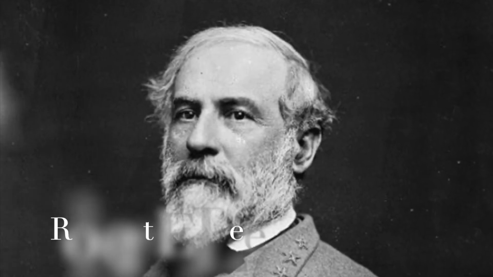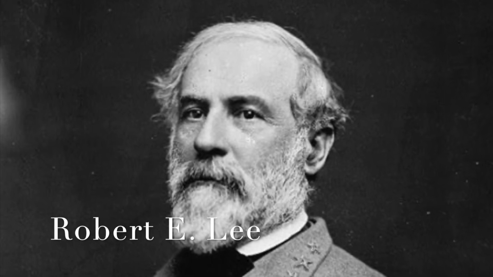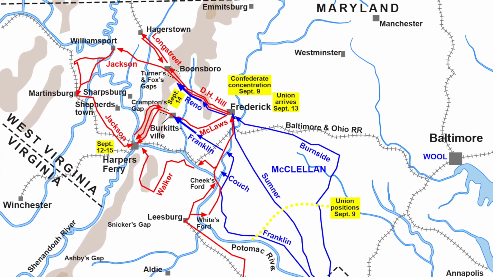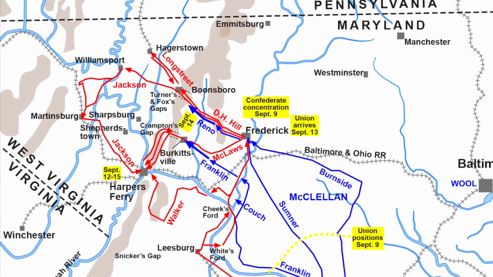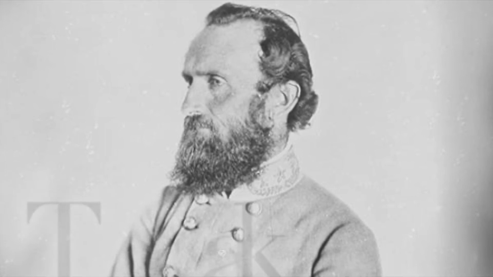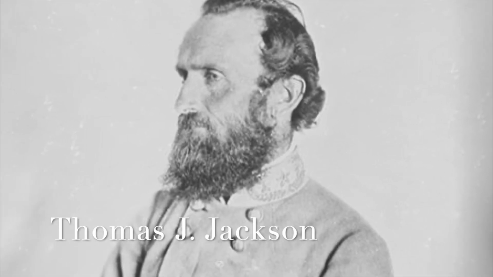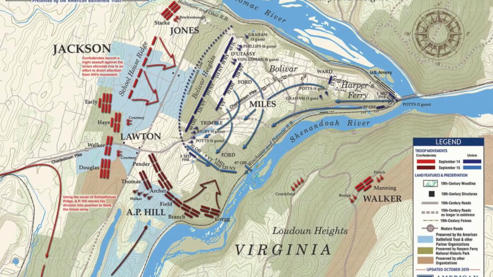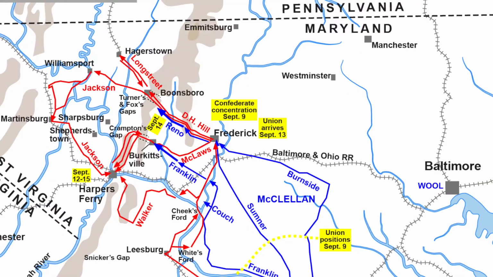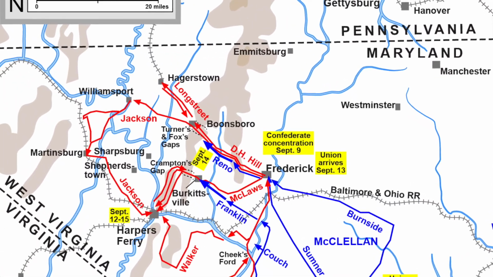After the Confederate victory at Second Bull Run, General Robert E. Lee, who was in command of the Confederate Army of Northern Virginia, decides to invade the North. As the rebels move forward, Lee divides his army into two groups. One of these, under General Thomas Stonewall Jackson, moves to capture Harper's Ferry, an arsenal with a small Union garrison. During this time, the Confederate Army is vulnerable to attack.